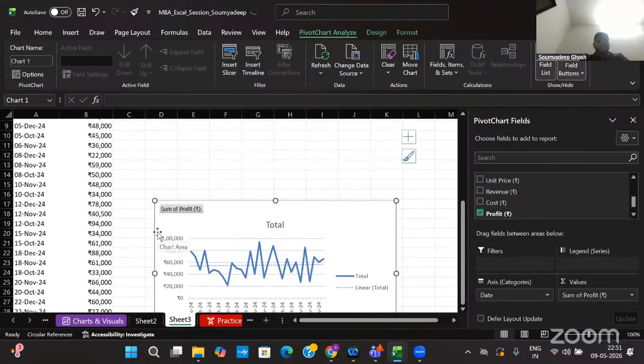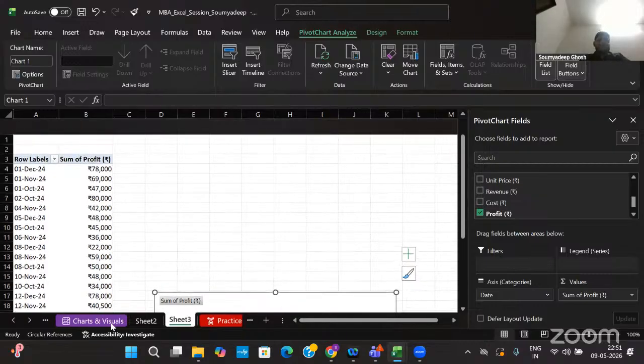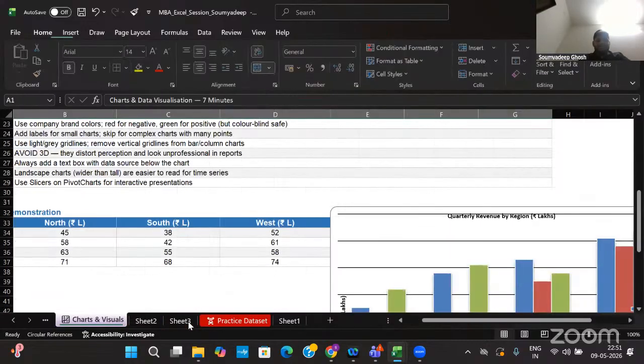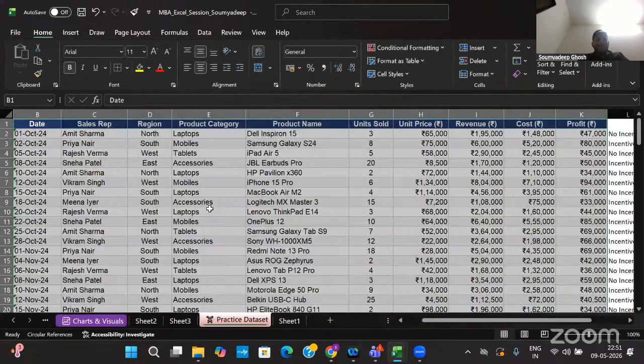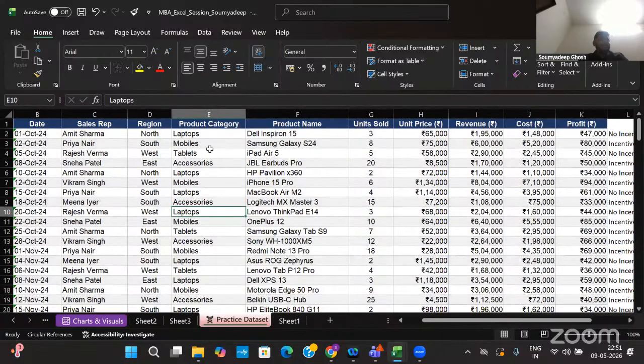Now, suppose I want to see what percentage of revenue is coming from my product category, which is laptop. In that case, what will I do? Can anyone of you suggest?